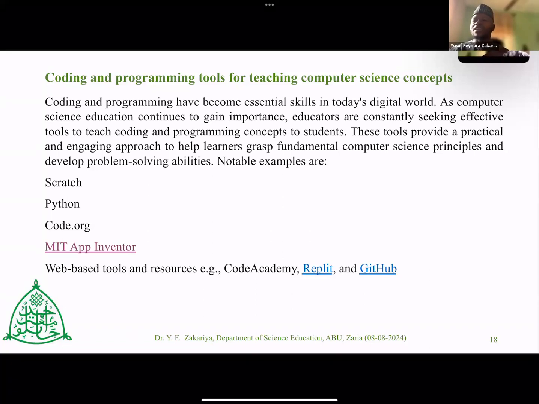So there are website tools and resources: Codecademy, Replit, GitHub. GitHub for some of you who are into coding already, because I know not all of you are familiar with some of these things. Some of you, I want to believe you're already into coding. You should know GitHub. You should have an account in GitHub where you can keep resources freely, share your resources with others, and then gain from freely shared resources by others. So GitHub is a hub, a place where you can go in there and get code, perfect code that people have tried, executed, and run successfully, and freely available for you to copy and